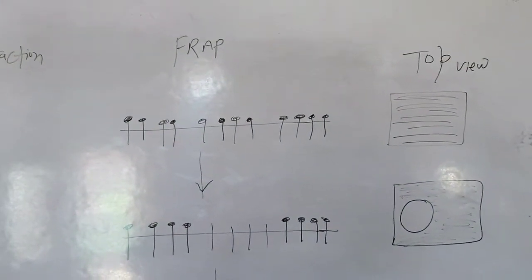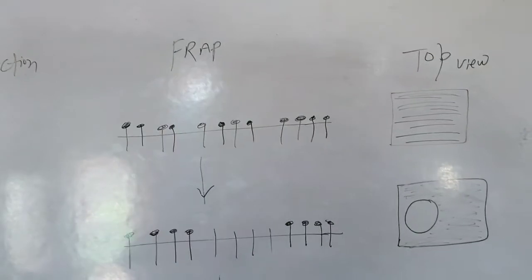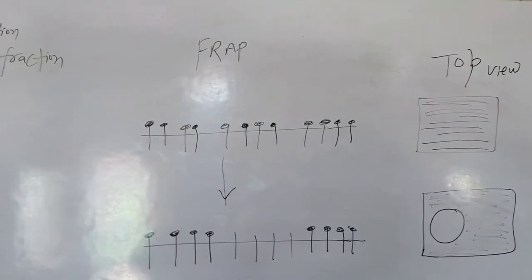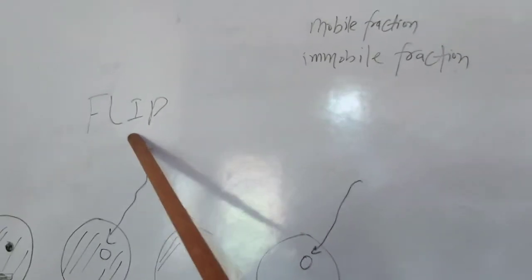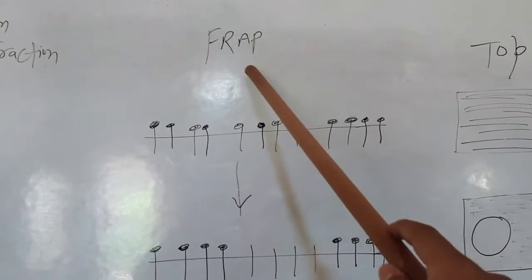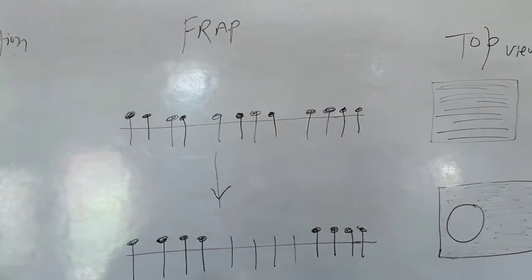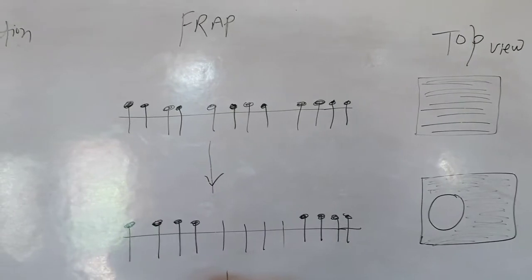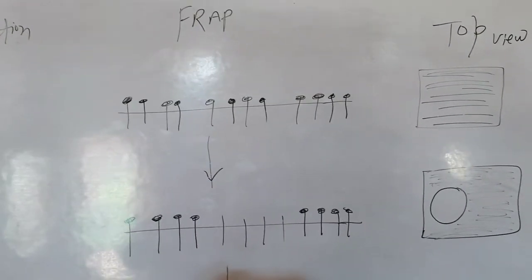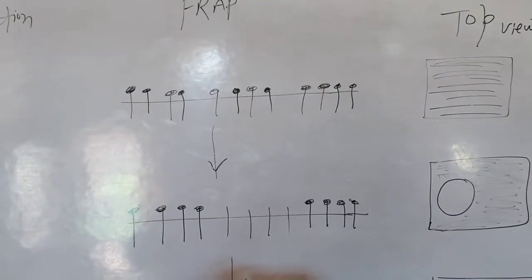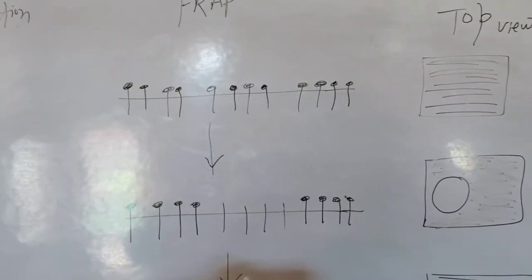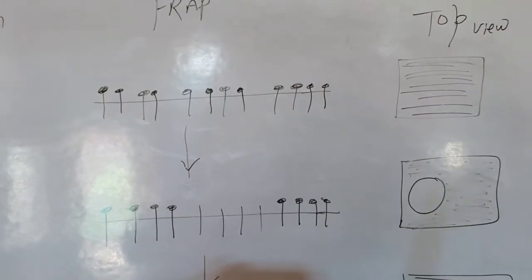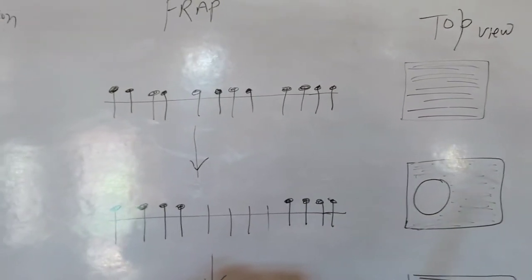In this video we will be talking about the FRAP process, that is fluorescence recovery after photobleaching, and we will also talk about the FLIP process. It means fluorescence loss in photobleaching. Okay, let's see what the FRAP process is and where we are going to use it. It is basically used in the measurement of protein mobility in the cell or outside of the cell, or basically it gives you the basic idea of cell physiological things.